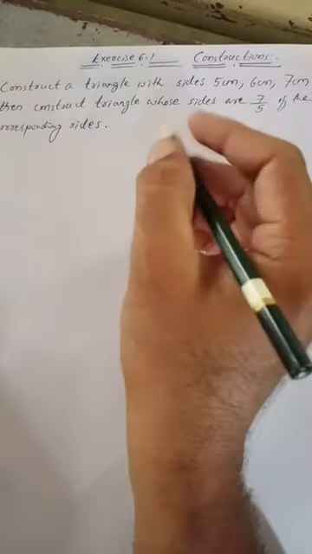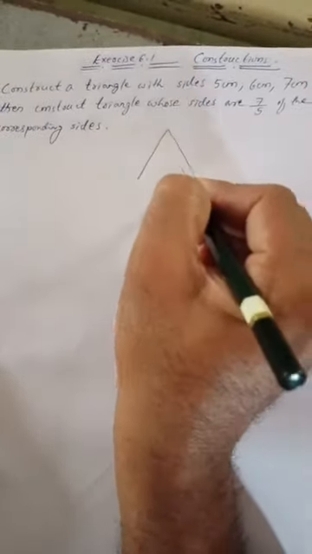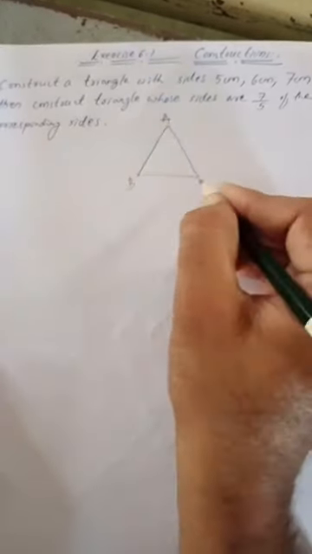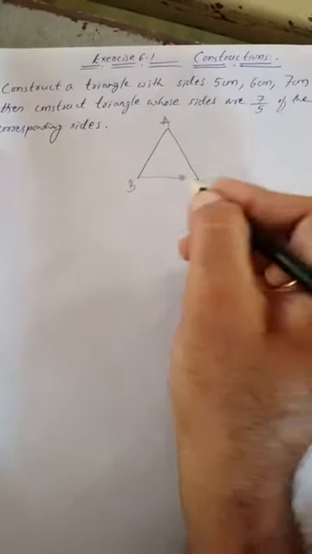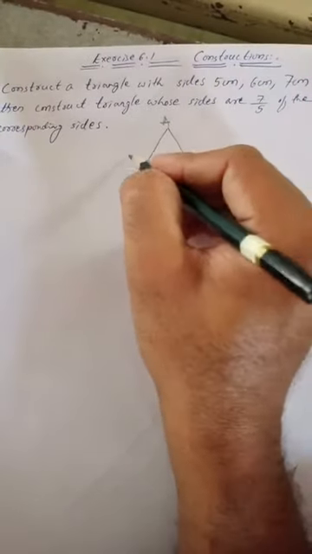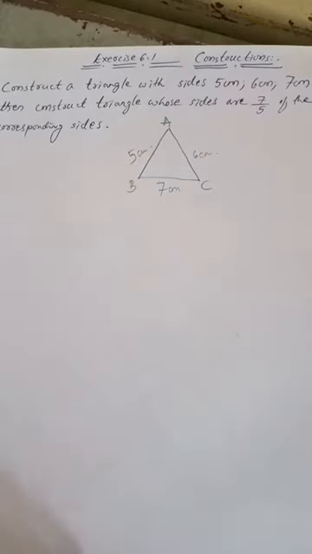First of all, before you draw any of the construction, make a rough diagram so that you can understand how many centimeters you should take. So this is our rough triangle ABC, where the bigger value should be considered as the base, 7 cm. Then of the rest of the two sides, you can take one as 5 cm here and another as 6 cm here. This is the rough plan to draw the triangle.